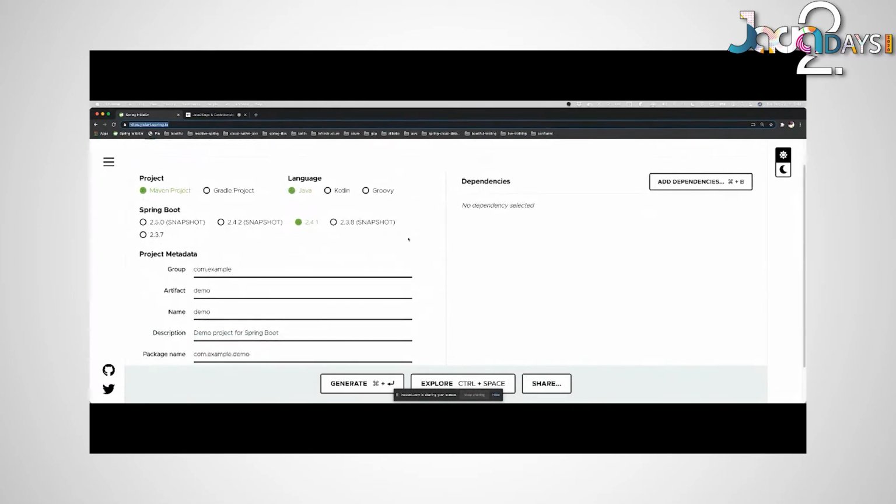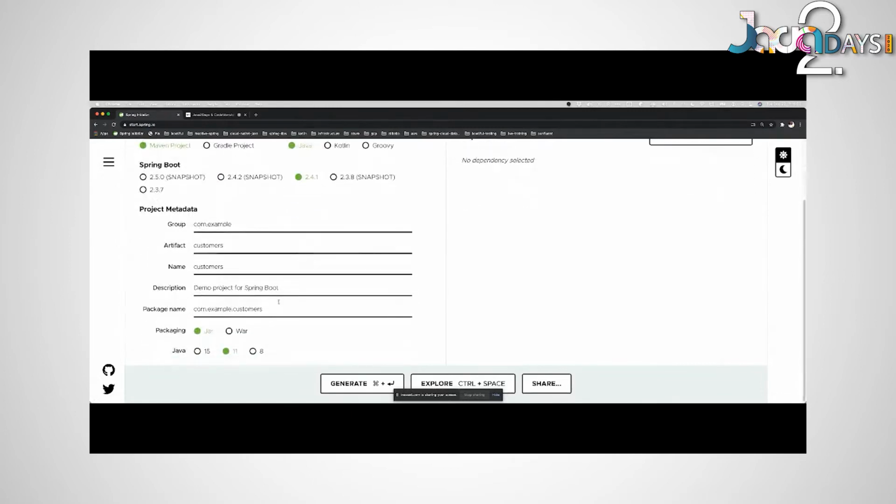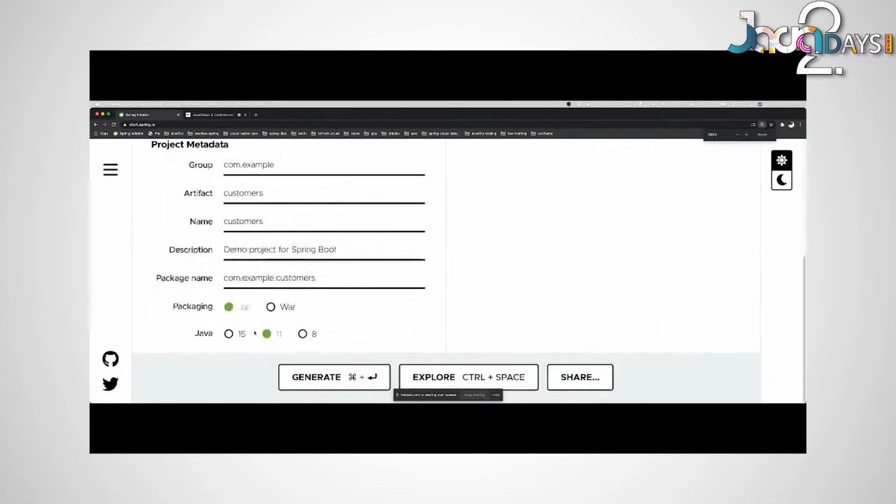But if you have not been to production, you can begin your journey here at start.spring.io. And what we're going to do is we're going to build a new service called the customers service. And we're going to use Maven, which is fine. You can use Maven or Gradle. Either one is great. Language, Java, Kotlin, Groovy, all of them are great choices. We're going to use the latest and greatest version of Spring Boot. I'm happy with that. We have the choice of packaging. Obviously, leave the default, make jar, not war, obviously. But then we have the choice of what version of Java we'd like to use. And friends, we have three choices down here.